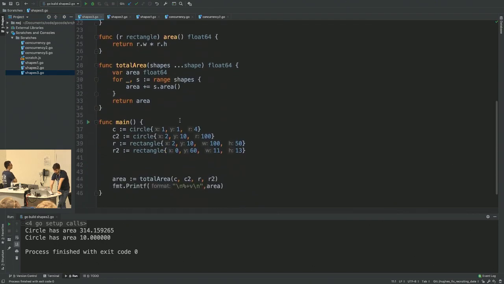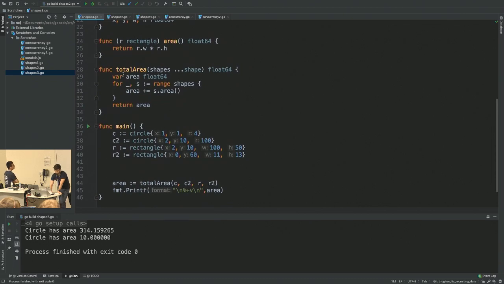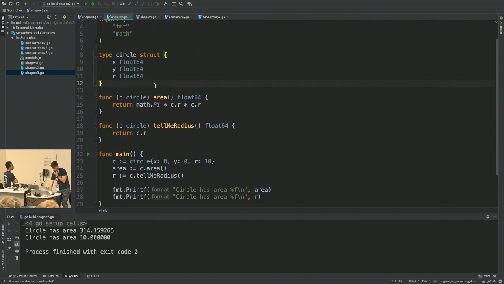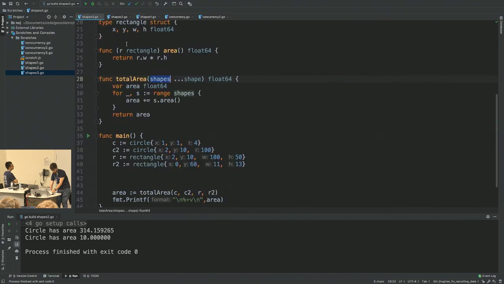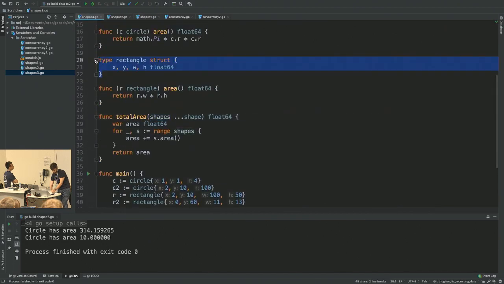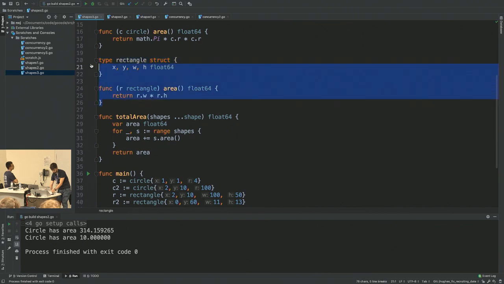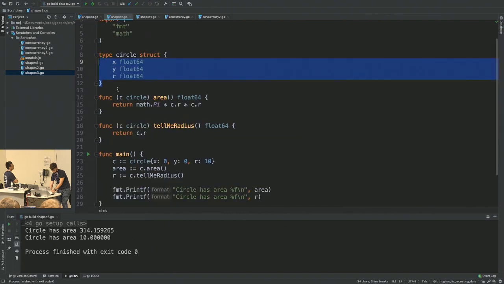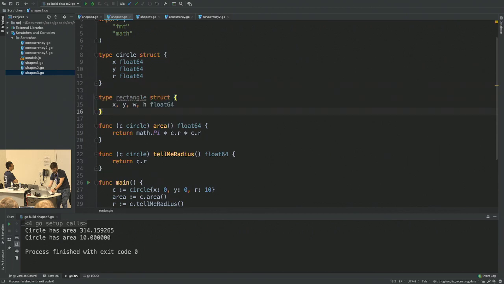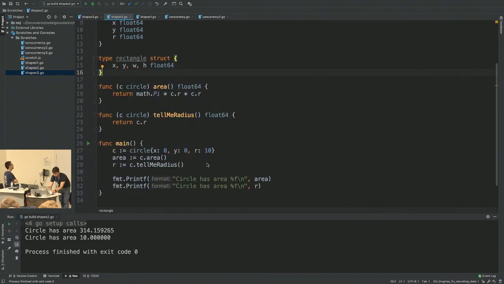So why is this interesting? This is interesting because we can now make a function that just takes an interface, which doesn't tie it to a specific type of struct. So before, say I want to make a rectangle. We've got our rectangle class like that. Now I made a rectangle. I could do, so